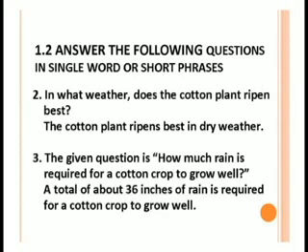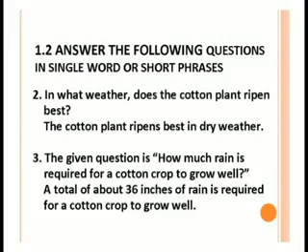A total of about 36 inches of rain is required for satisfactory growth. According to the text, the correct answer is a total of about 36 inches of rain is required for a cotton crop to grow well. For the rest of the questions, you can try them on your own and the answers are provided for you